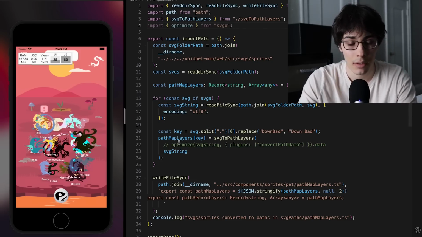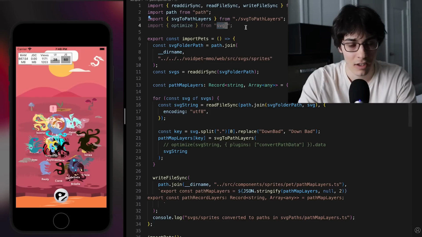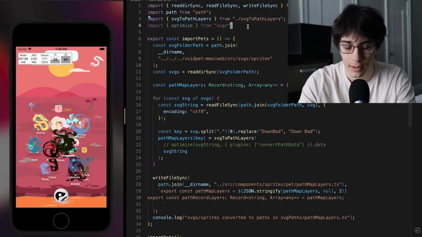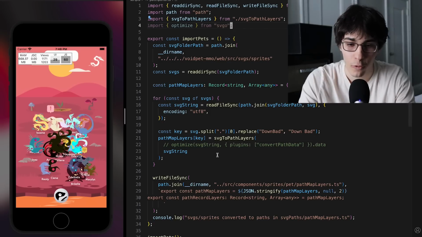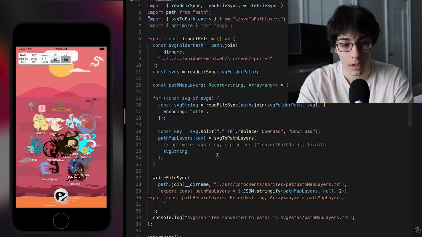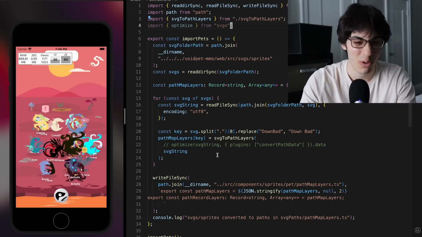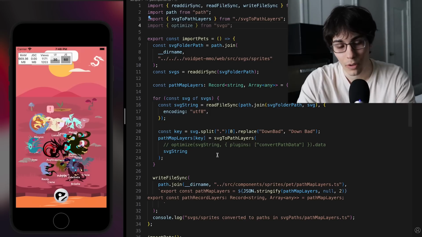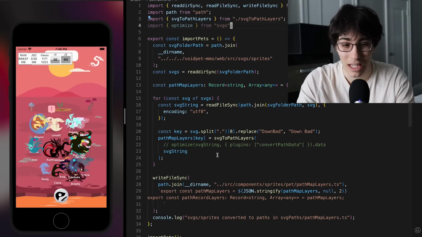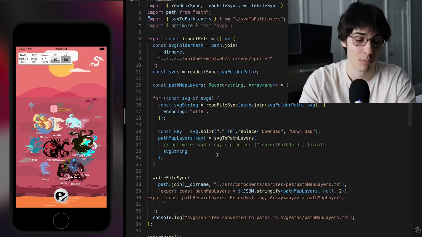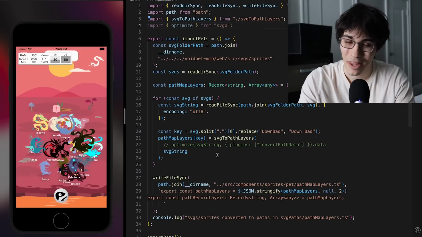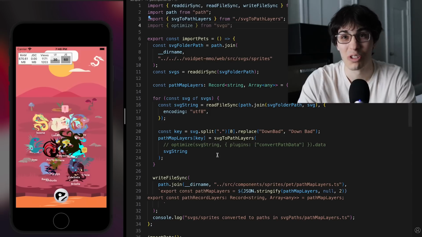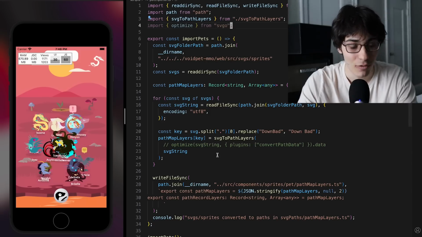I have tried a few things optimization-wise. I gave SVGO a chance because all you guys recommended it in the comments. I'm actually using this in some other places, but I have not done it for pets yet. Unfortunately, it does break the interpolator, at least the path one. So I'm either going to have to go look into that, which I haven't done yet, but that's potentially going to happen in the future. Otherwise, the only way to make this faster, I think, is just switching to images and doing some kind of Lottie thing. Some people are recommending that. And so that might potentially happen in the future if we run into issues with this or need to render more intense pets. But as of right now,